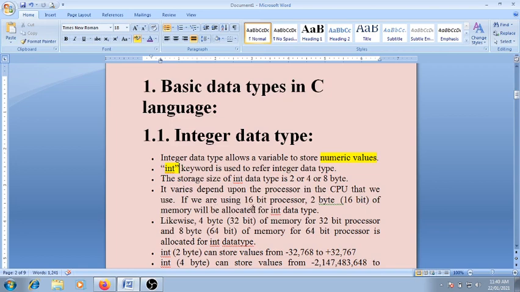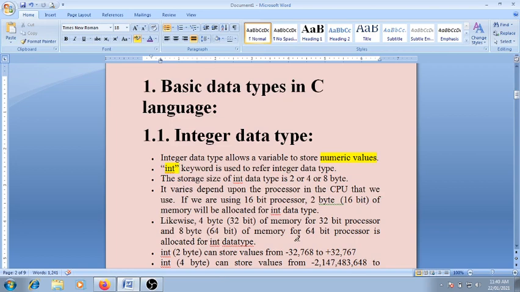If we use a 16-bit processor, then it is 2 bytes, meaning 16 bits of memory will be allocated for the integer data type. Likewise, 4 bytes is 32 bits of memory for a 32-bit processor, and 8 bytes is 64 bits of memory for a 64-bit processor.